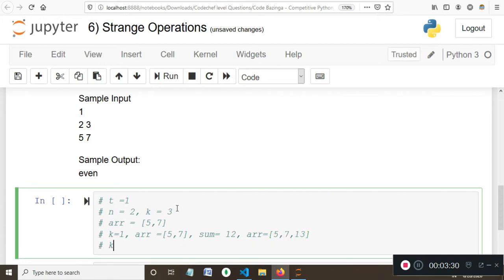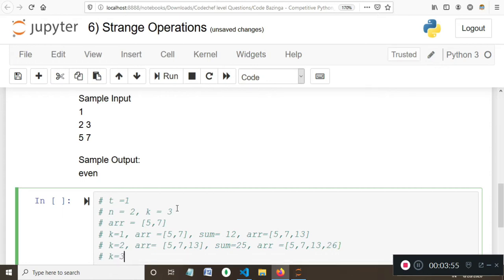Now when k is 2, the array we have at hand is 5, 7 and 13, and the sum is 25, and the array becomes 5, 7, 13, 26.